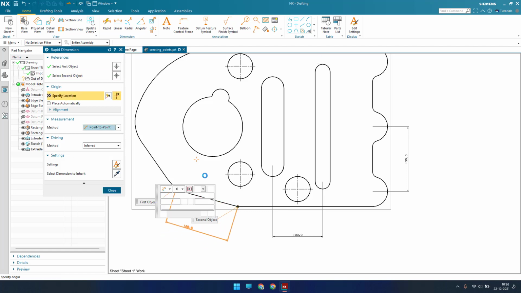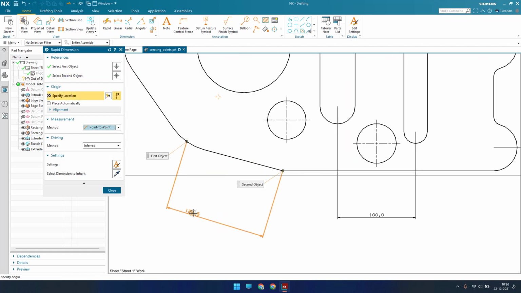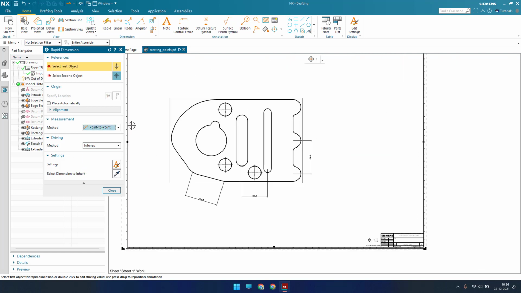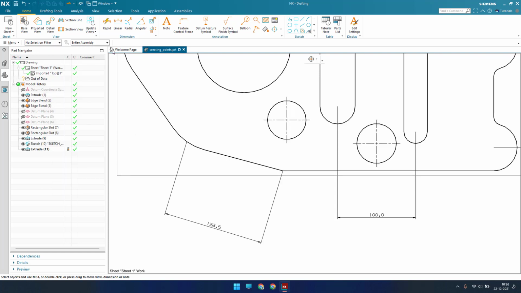As you can see here, when the points are selected, it will measure along that point direction, so it will not take any horizontal or vertical dimensions. In the same way, we have perpendicular, angular and radial. These are the things we can play around with, but I will show you how we can give a radial dimension using rapid dimensioning.